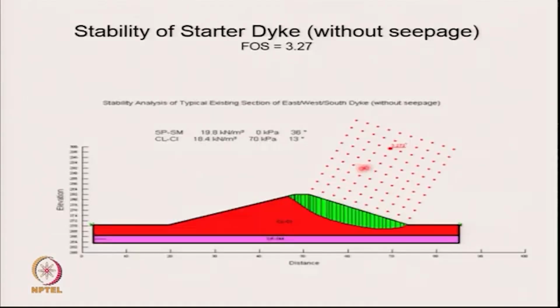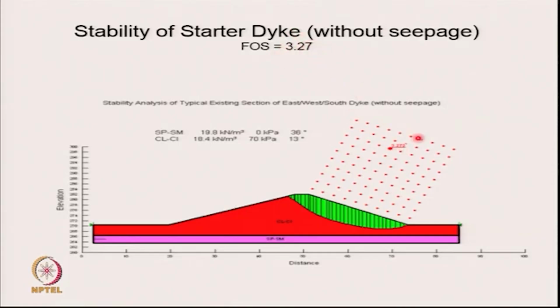Let me do some stability analysis. This is a real life problem. Here is the dike made of the local soil. Some properties are given to you. You can't probably read this, but this value is 3.27. So when you make a starter dike of a local soil without seepage, you may have a factor of safety of